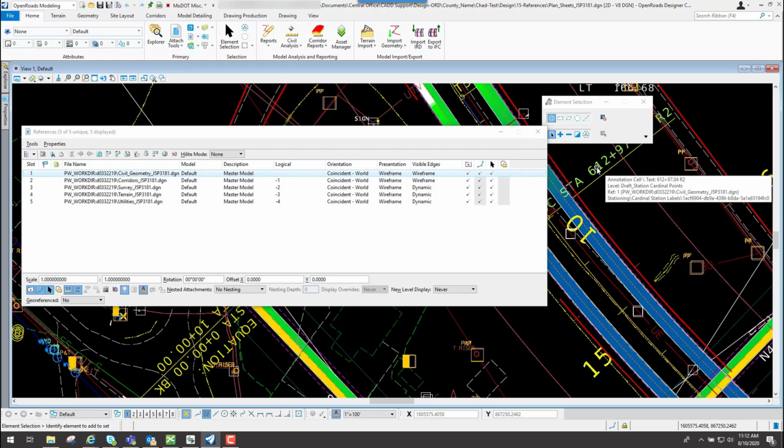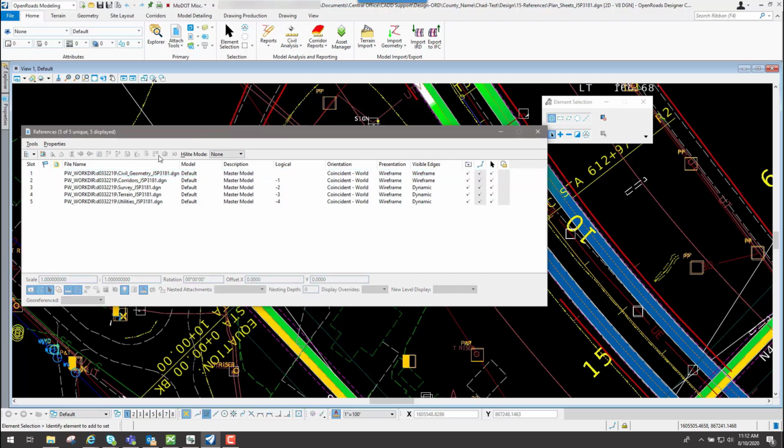So that's where that geometry is located, and then you'd physically open up that file and make changes to it. We have a separate video on some methods of doing that particular portion of it, where you would edit stuff in a particular reference file. So that's your highlight modes. You can change that to whatever you wish, but that's what that does.